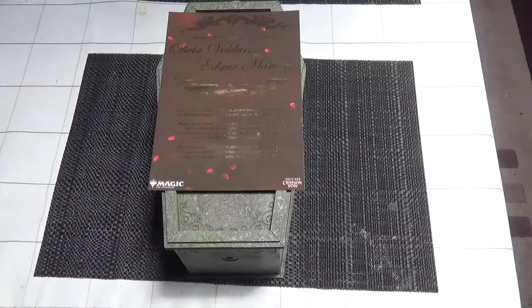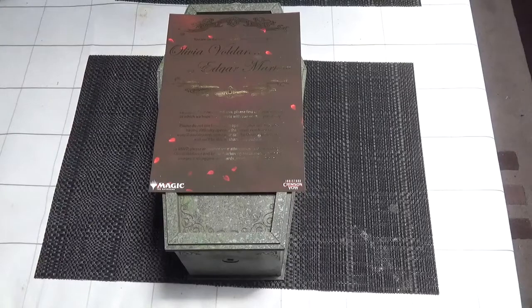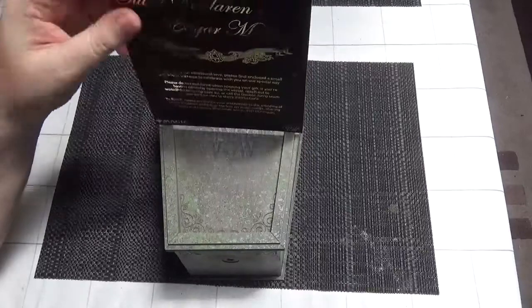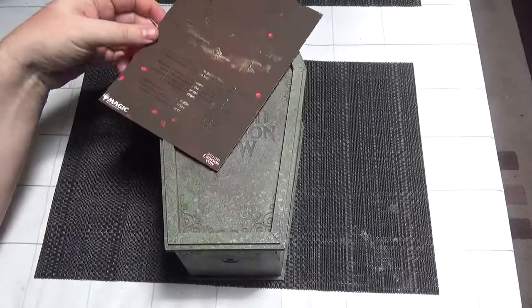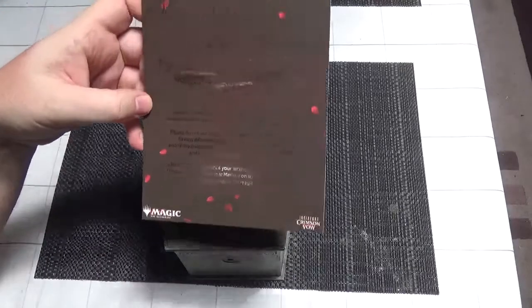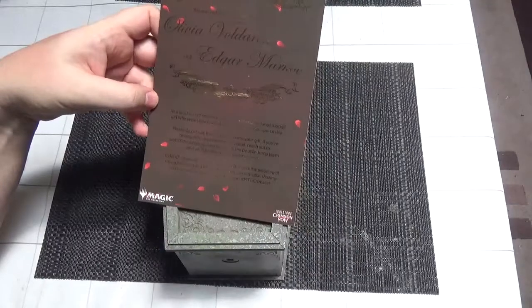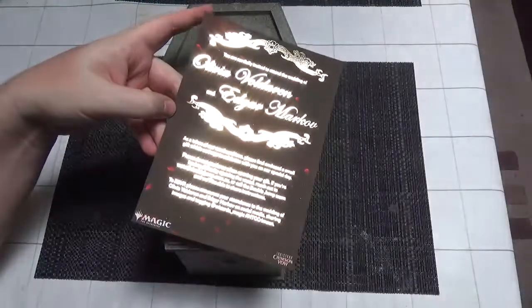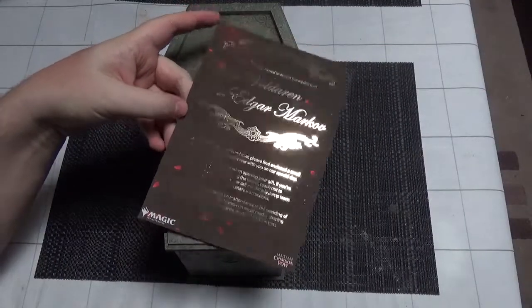Welcome, ladies and gentlemen, to a little bit of a different angles anyway for a nice little unboxing. The nice people over at Double Jump, on behalf of Wizards of the Coast, have presented me with a wedding invitation. I know it's going to be very hard to see on the camera, but this is a wedding invitation that basically states, as you might be able to see in that shot there as I try to reflect the light,